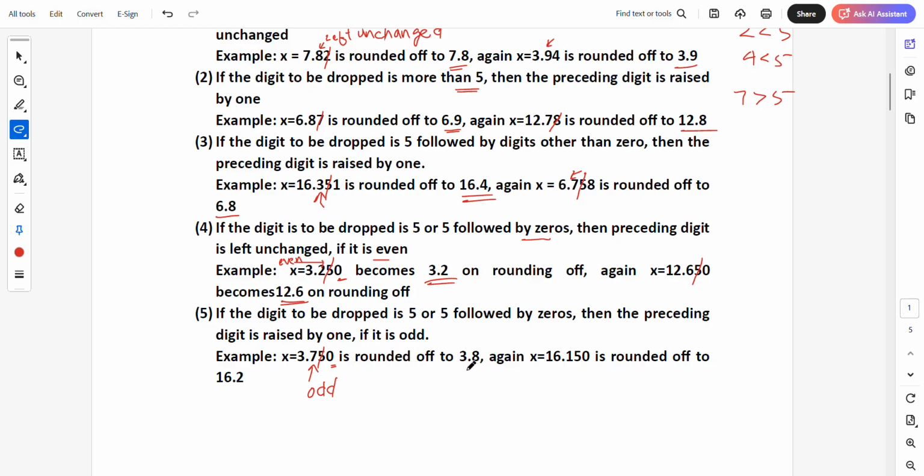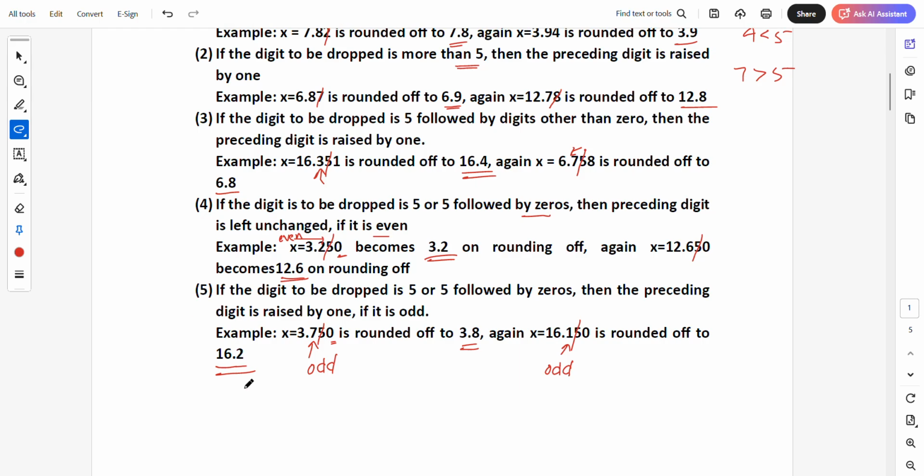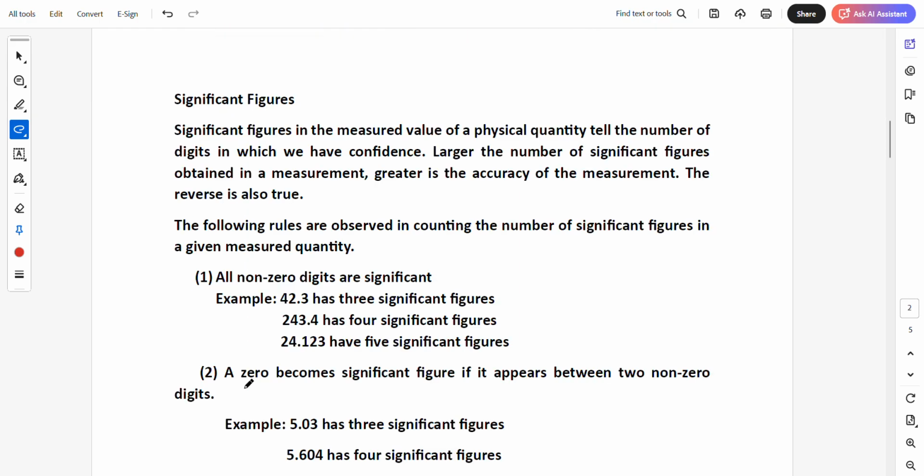Now it is raised to what? 1, 3.8. Again 6, x is equal to 16.150 is rounded off to what? You have planned to drop 5. This is odd, okay, so this will be raised to 1, that is 6. Hope you understood these 5 rules. We'll go to the next rule,